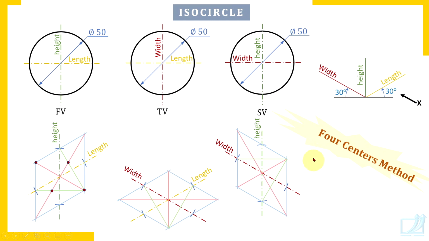Two of these four centers are ends of the shorter diagonal. Check it. And the other two centers you get as points of intersection on the longer diagonal. Check here. This point and this point. Ends of the shorter diagonal and the other two centers are on the longer diagonal, points of intersection. So we are going to use these four centers in each of these rhombuses to draw four arcs.